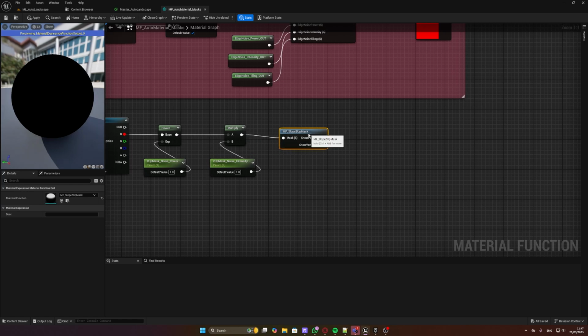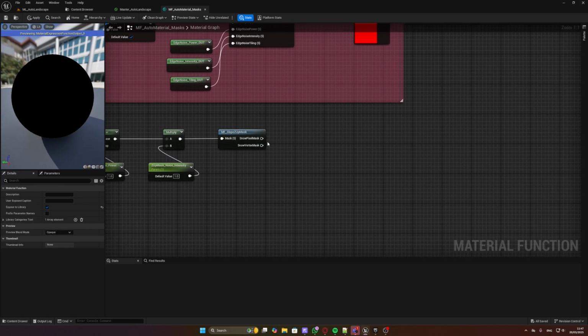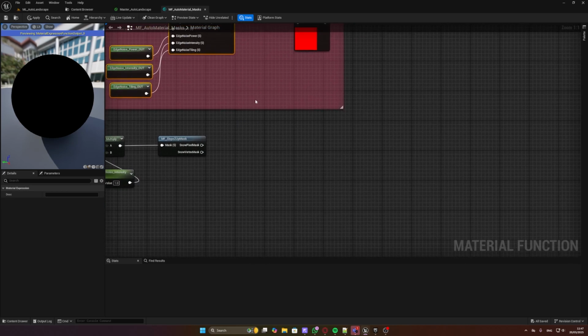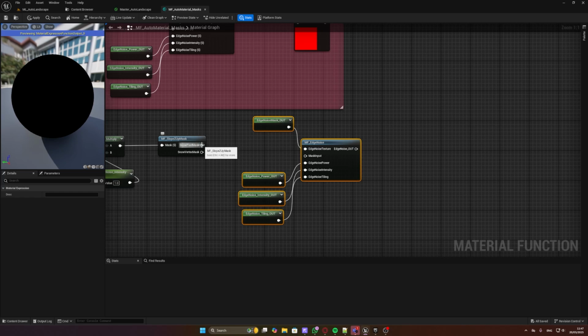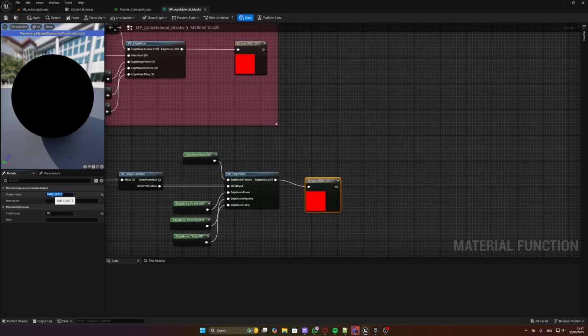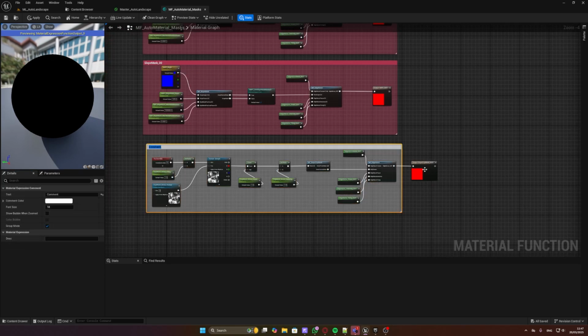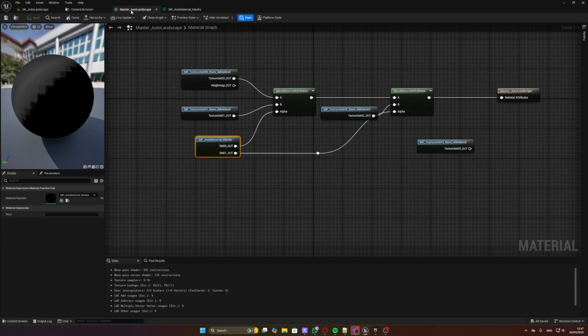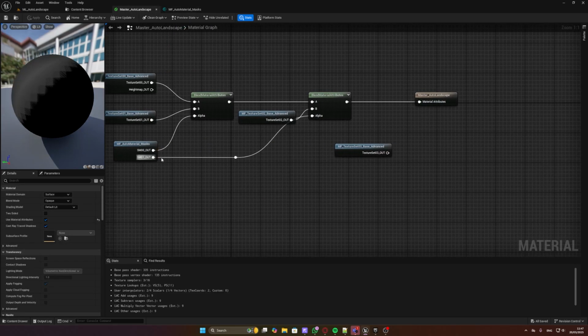We're gonna input our mask, and we're gonna use vertex mask for now because it's cheaper. Let's see if it's doing the job. And we're gonna switch later to pixel mask. And we're gonna output it, and we're gonna call it slope z up mask out. Save it all. Let's go back to our master and let's use this